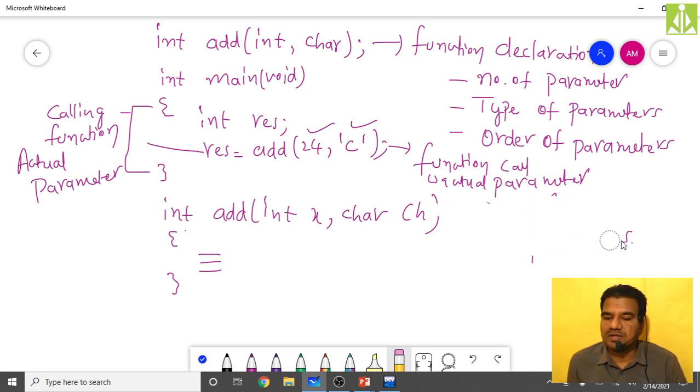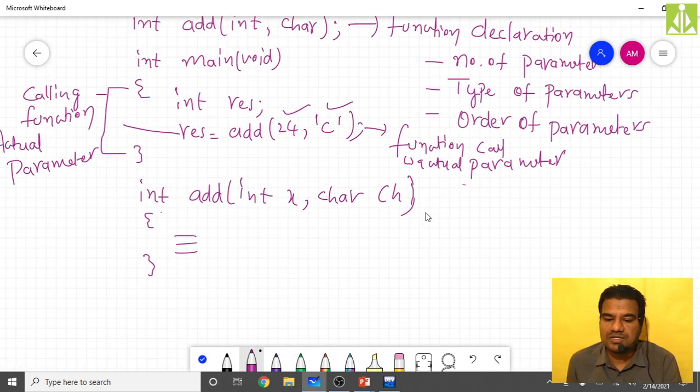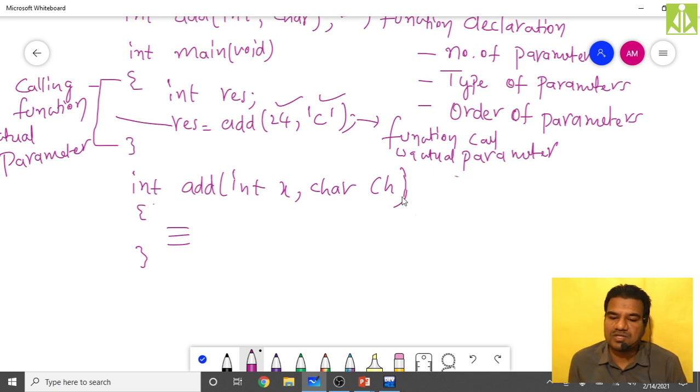Let me rub this one. So lastly, the function definition: the function call will have actual parameters, and finally the function definition will have the formal parameters.